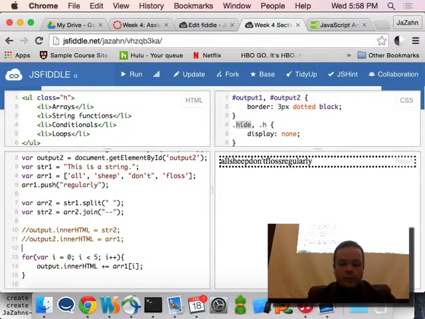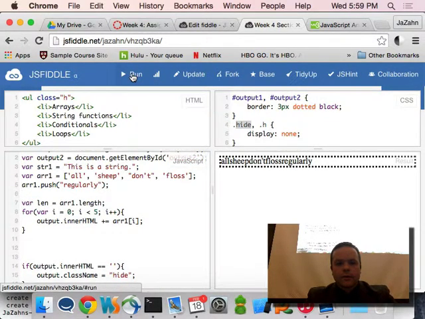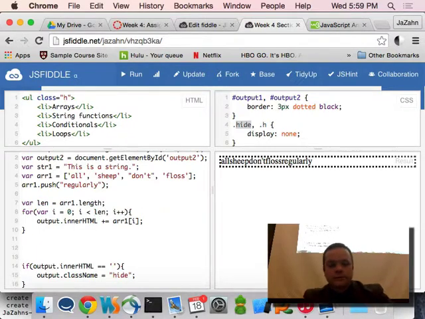So what we would want to do is var len equals... So now I'm setting len equal to the array length, which I get by the array dot length, and then I can just put that in here. I could also do that inline,